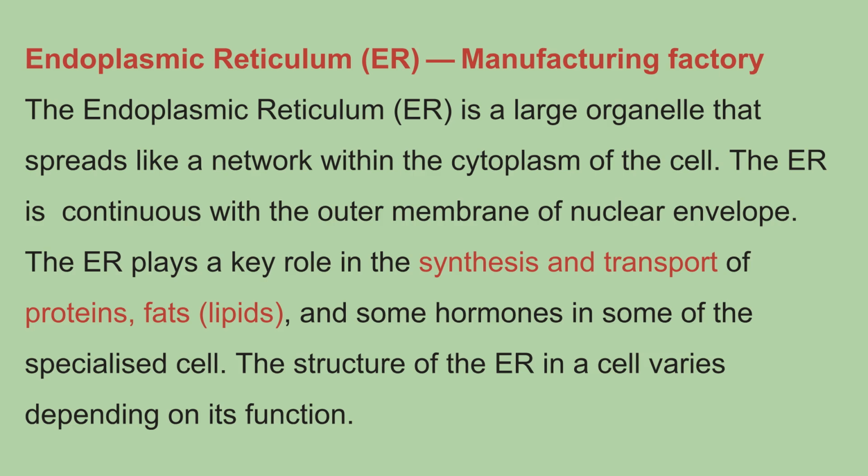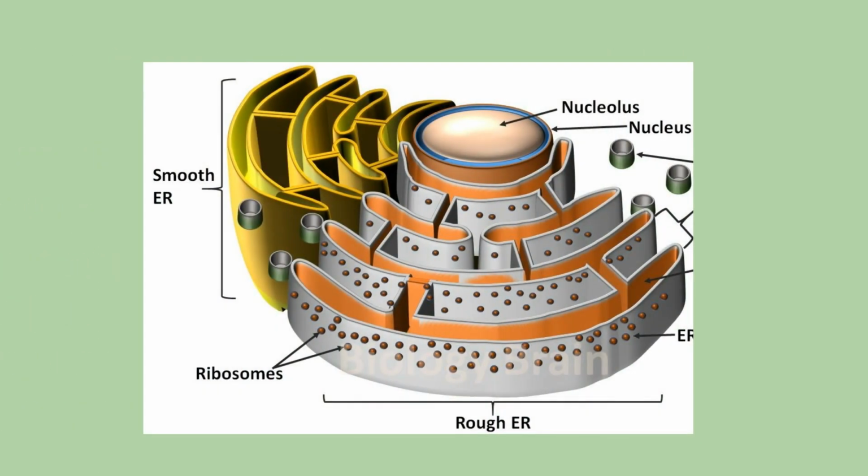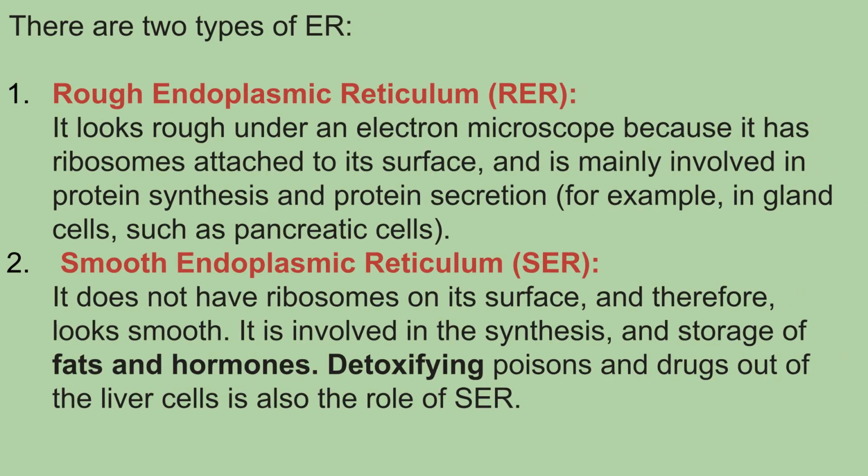The endoplasmic reticulum, or ER, is a large, network-like organelle continuous with the nuclear envelope. It is a manufacturing factory, key in synthesizing and transporting proteins, fats, and some hormones. This image shows the structure of the endoplasmic reticulum, highlighting the distinction between the rough ER and the smooth ER, and their proximity to the nucleus. There are 2 types of ER. Rough ER, or RER, is studded with ribosomes and is involved in protein synthesis and secretion. Smooth ER, or SER, lacks ribosomes and is involved in the synthesis and storage of fats and hormones, as well